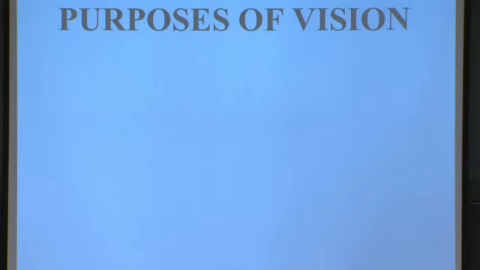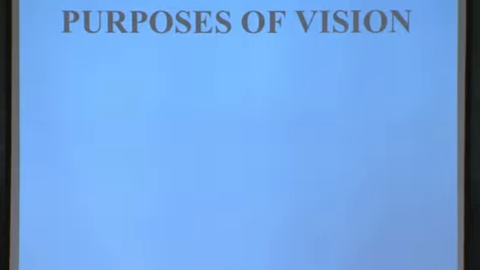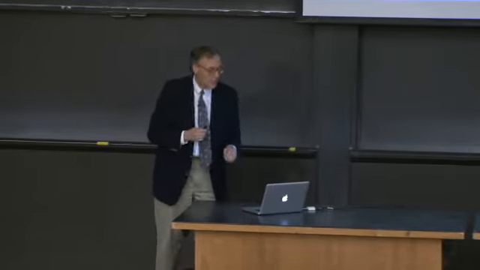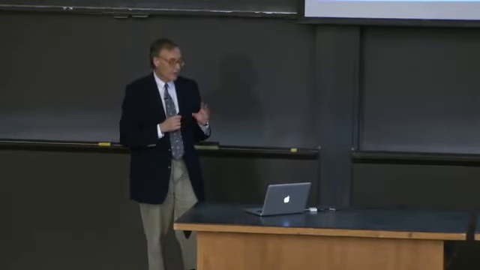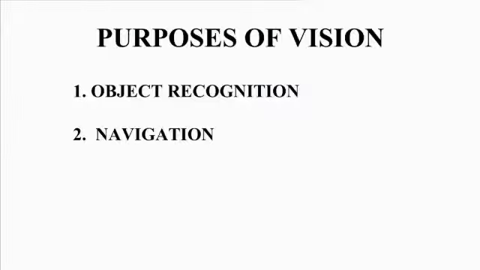We're going to focus on vision specifically today and think, what do we use vision for? How does it serve us in dealing with the world? And researchers have thought about 2 major reasons that we see, 2 purposes of vision. One of them is object recognition, recognizing things in the world. People we know, words we can read, chairs, tables, animals, all kinds of things that we see out there. We need to know who they are, what they are, in order to operate in the world.